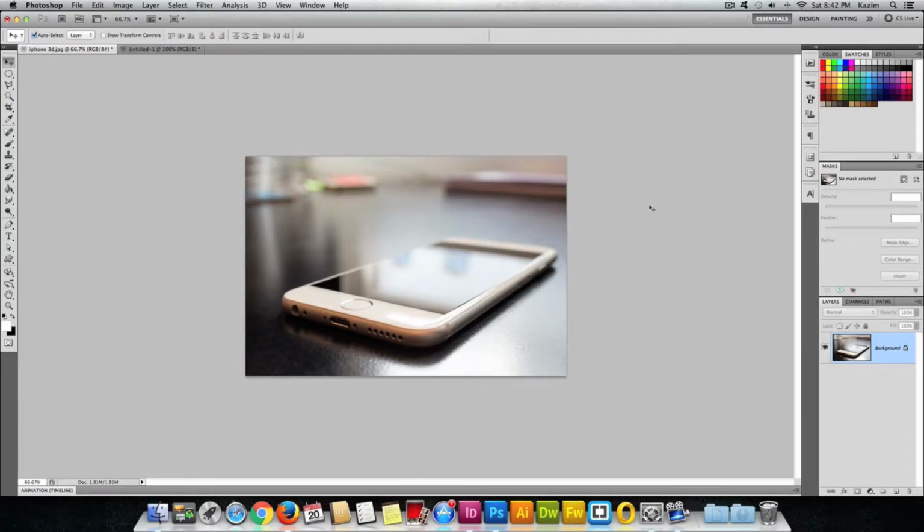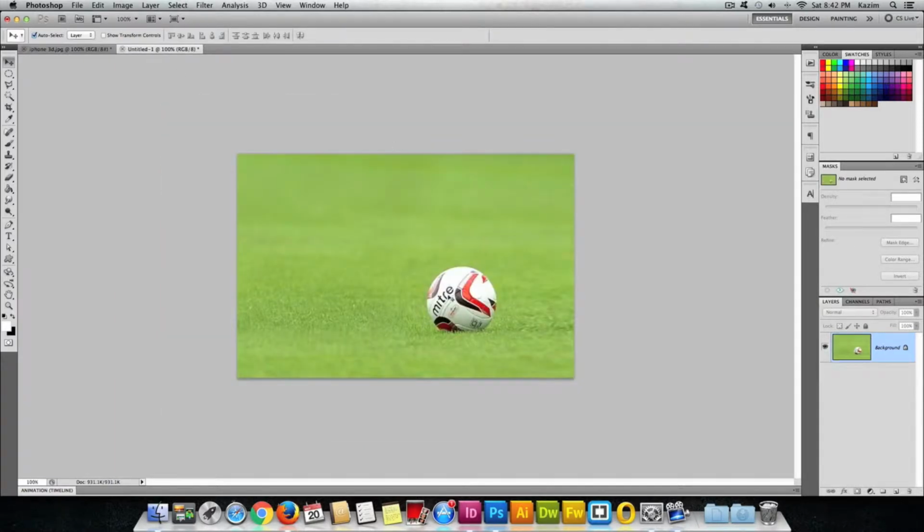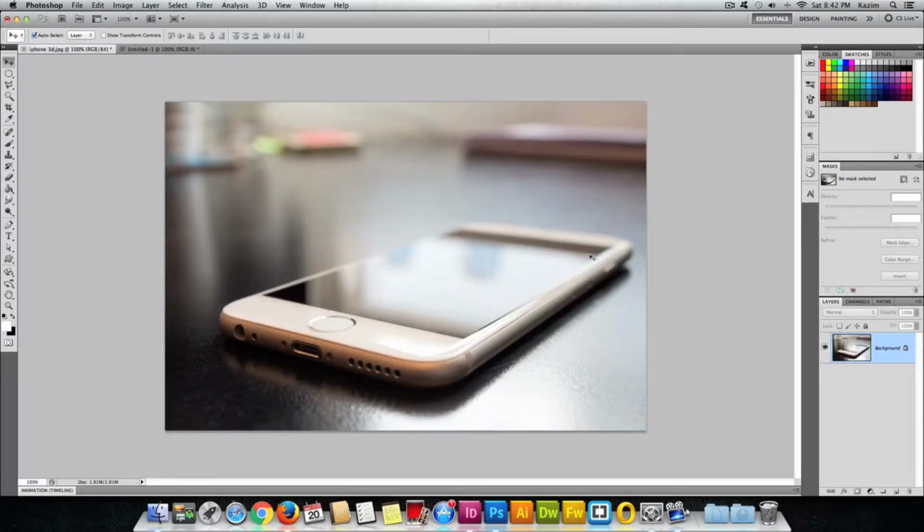Today I'll be teaching you how to create a 3D pop-up effect in Adobe Photoshop. Here I have an iPhone image slanted ready setup. So what we'll do is we'll add this image inside that and we'll make it look like as if this football is popping out of the iPhone. So let's get started. I'll navigate to the iPhone image here, and what you need to do is first create